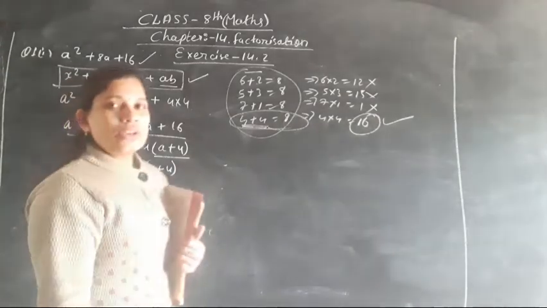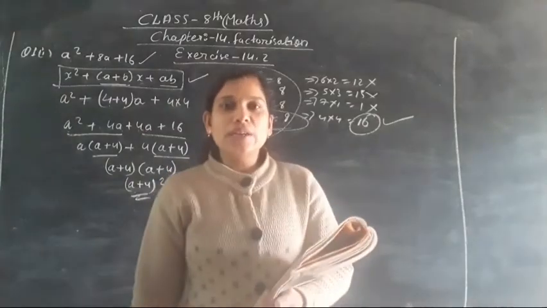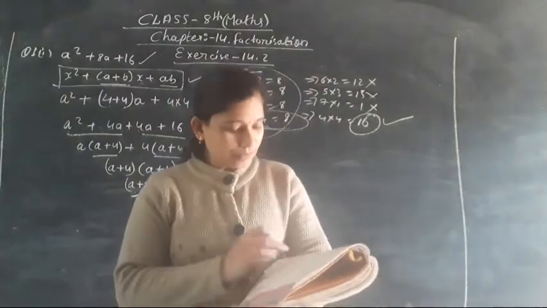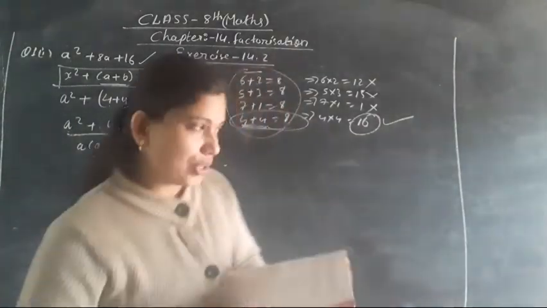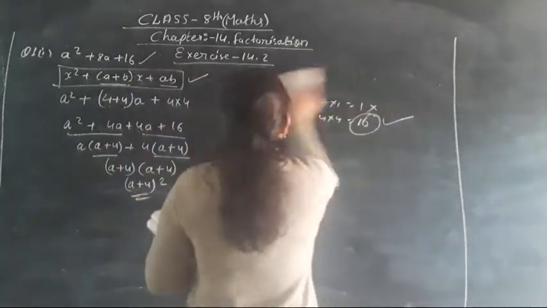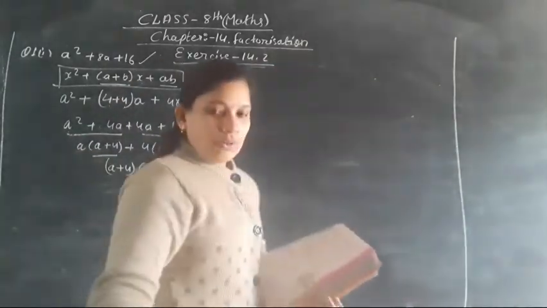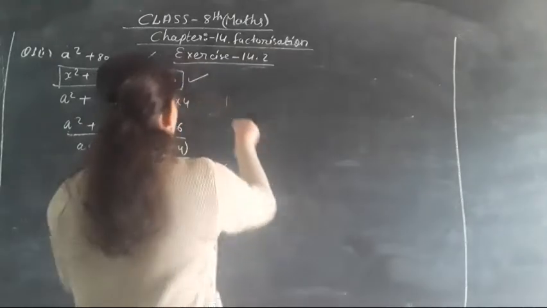Have you understood? So this is known as the splitting the middle term method. Clear? Moving toward the B part of the question. In the B part of the question, the second part,